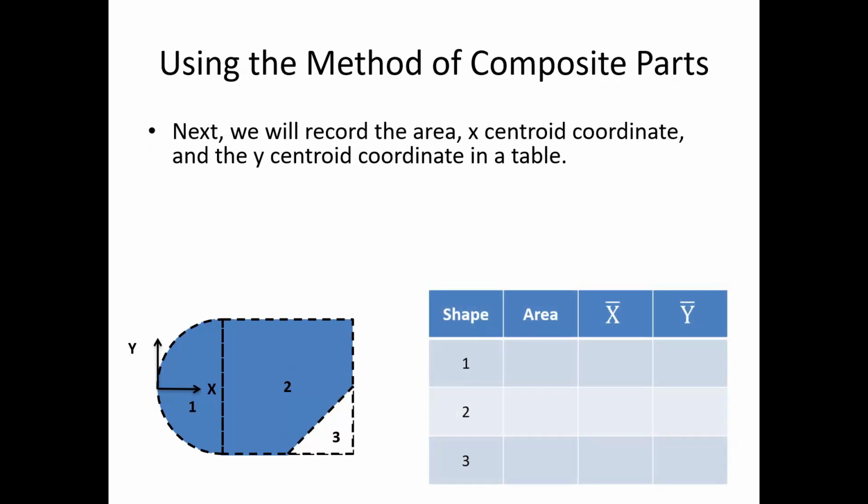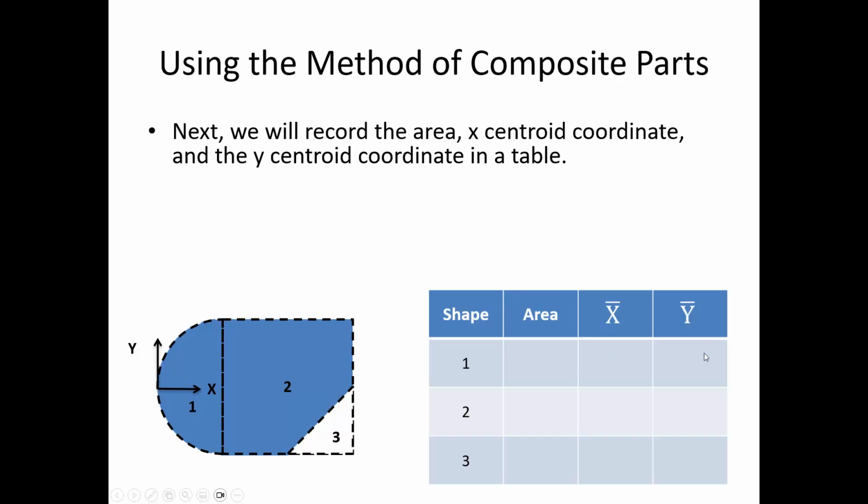The table for this one will look kind of like the following. Each row is going to be a different shape: shape 1, shape 2, shape 3, a row for each one of those. Then the area: the area of a semicircle, you can look that up in the table, the area of the rectangle, and the area, which will be a negative number down here for the triangular cutout. So the area of each of the 3 shapes, and then I need to find the X and Y coordinates for